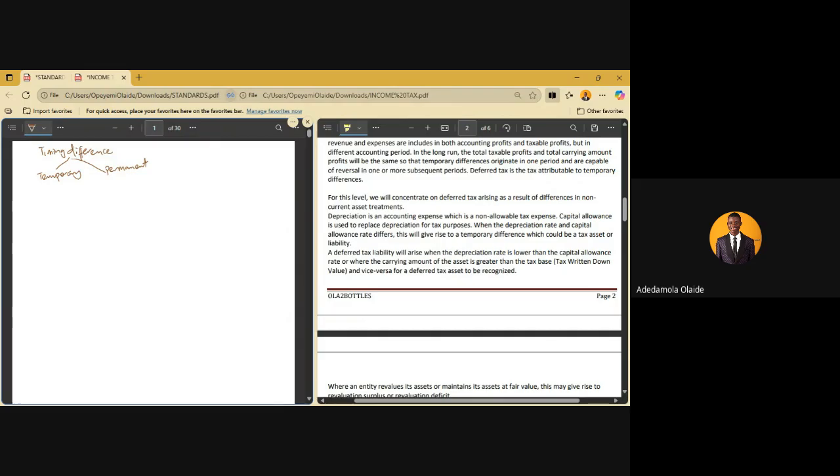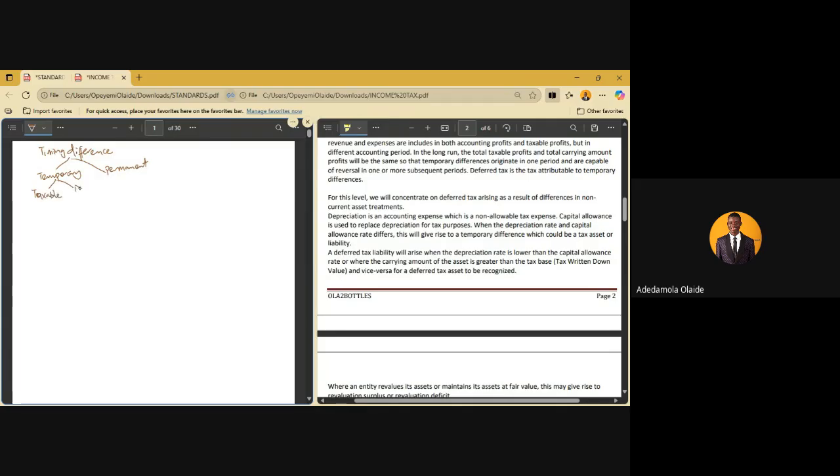It will be permanent where even if accounting treats it, taxation will never treat it. That's what we call permanent. For permanent, we just ignore it, we take it out when we are doing our tax computation, and that's all. But for temporary, we now need to know if it will result in